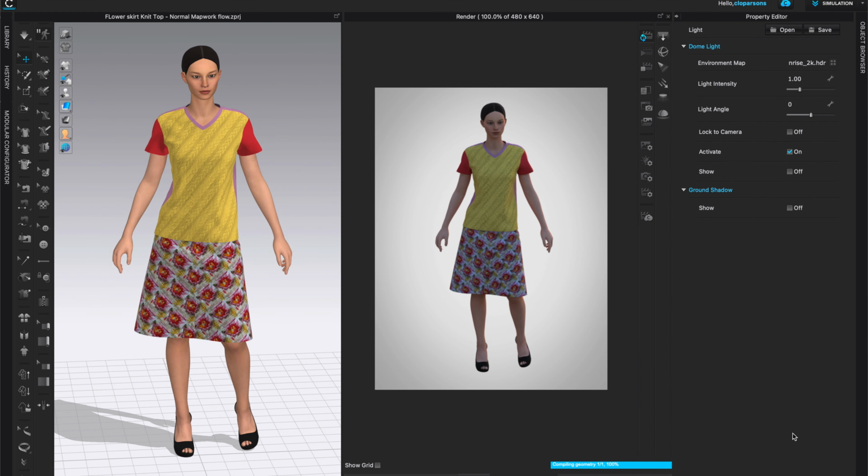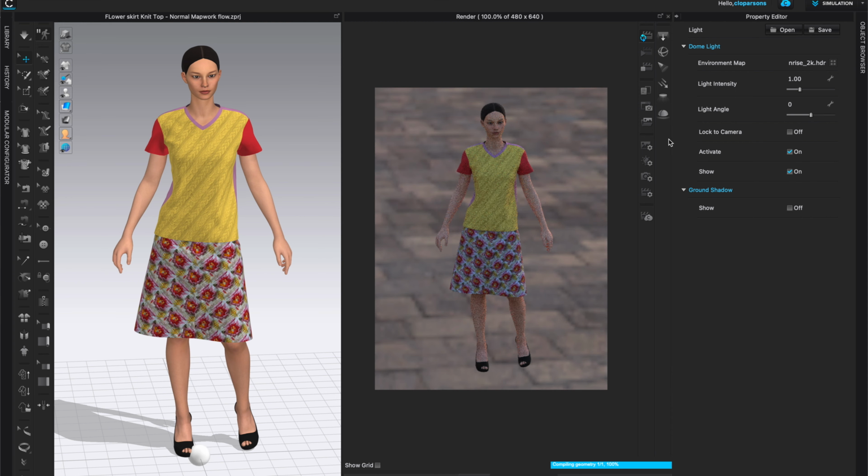Now, if you want to see the background image, you need to come to the property editor and click on show. Make sure this little square here has a check on it, and then you will see the render start appearing. Most probably the background will be really, really large. You can see that I cannot see the overall image. I can only see the tiles here. So I know that the scale is really off. We need to scale the background to the image that we have.